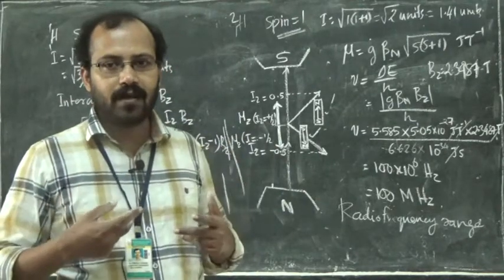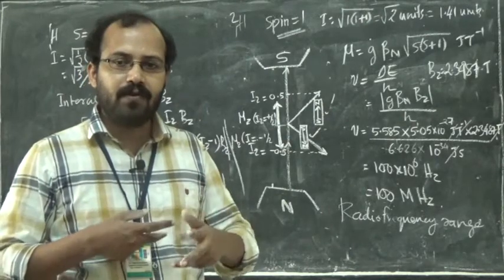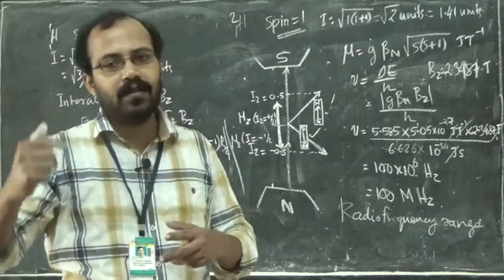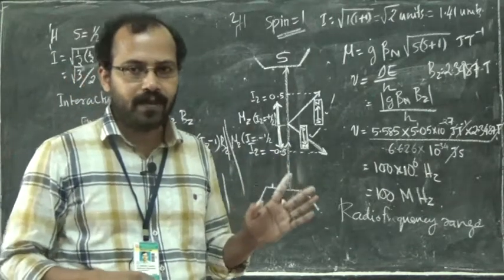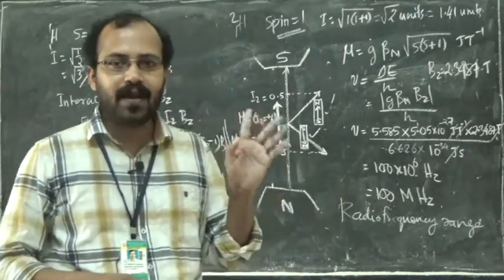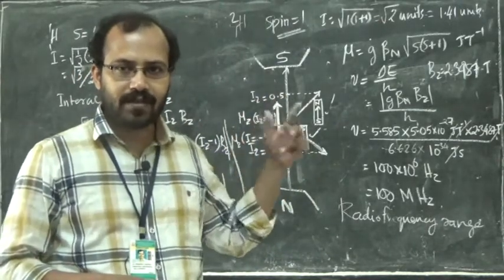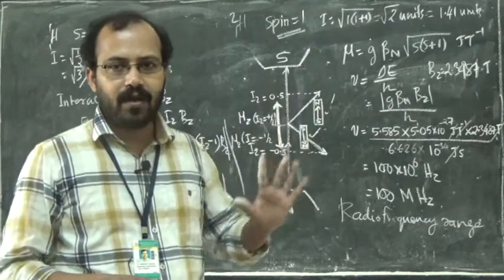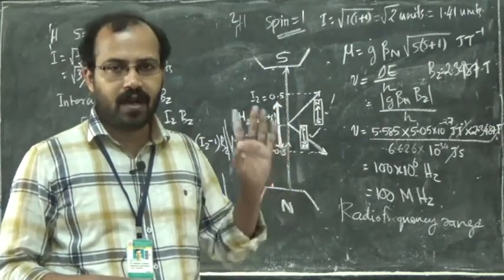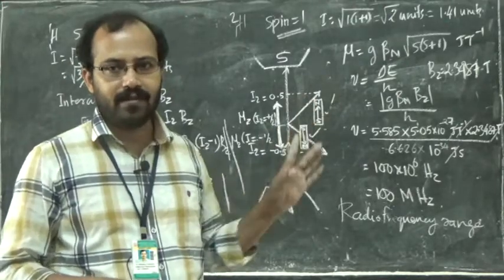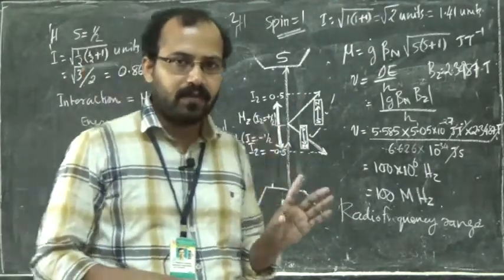It will be absorbed by the hydrogen nucleus, and it can make a transition from the alpha spin state to the high energy beta spin state. Okay, that is what is actually going to happen. But there is some mechanism behind this absorption of electromagnetic radiation that we will explain in the next class. We have to learn about an important phenomenon of precessional motion, or Larmor precession, that we will learn in the next class. But what you understood today is that the nuclei